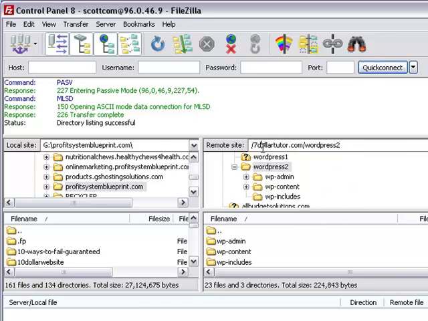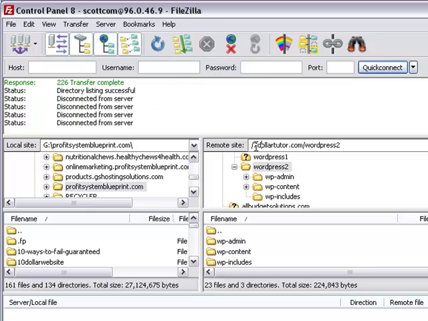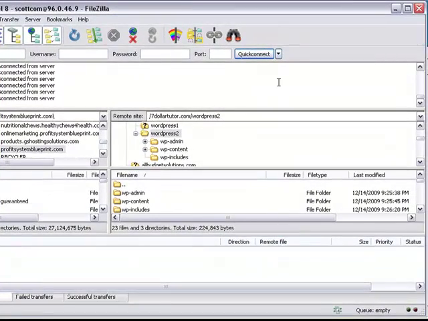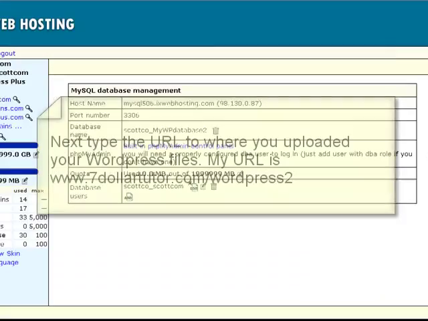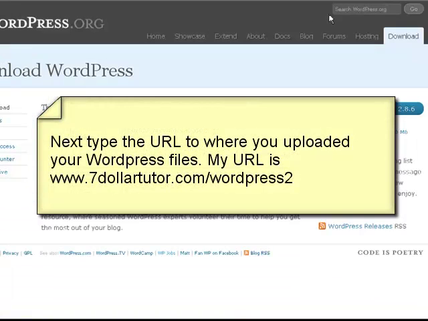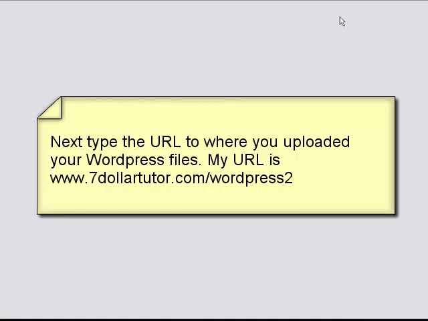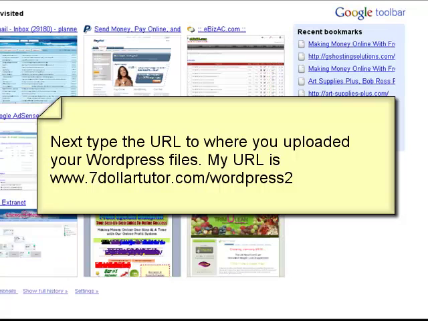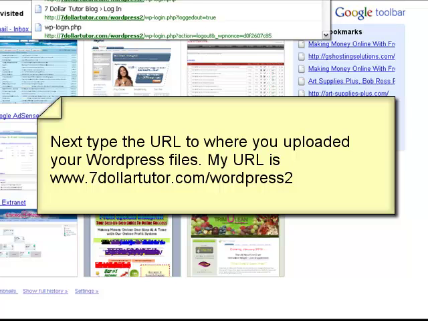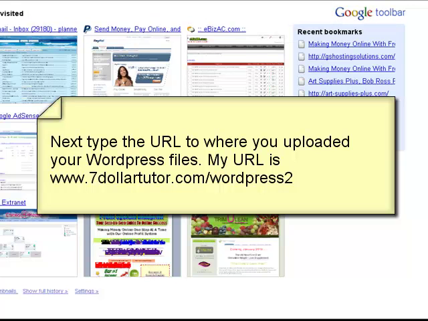For me, it is $7tutor.com/WordPress2. That is the folder in which I have installed my WordPress blog. So I need to navigate to that location within my web browser in order to complete the installation process. So I'm simply going to type that URL into my address bar,